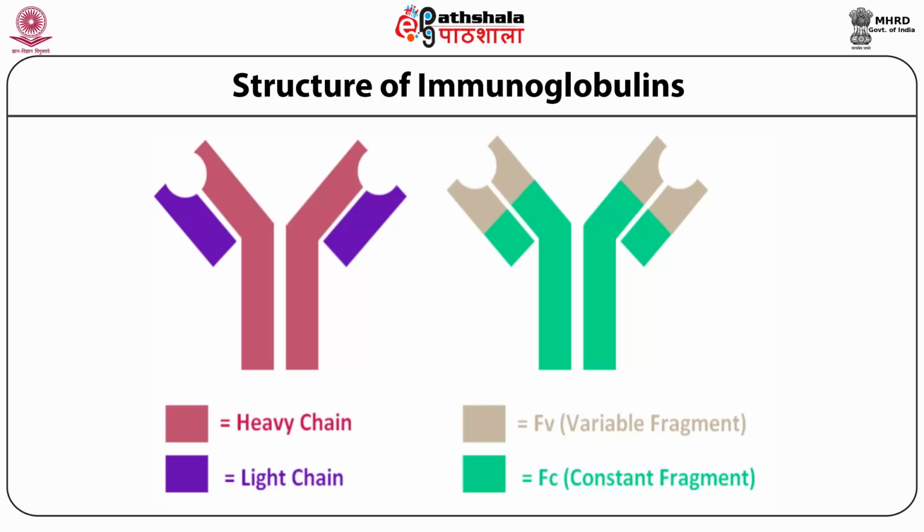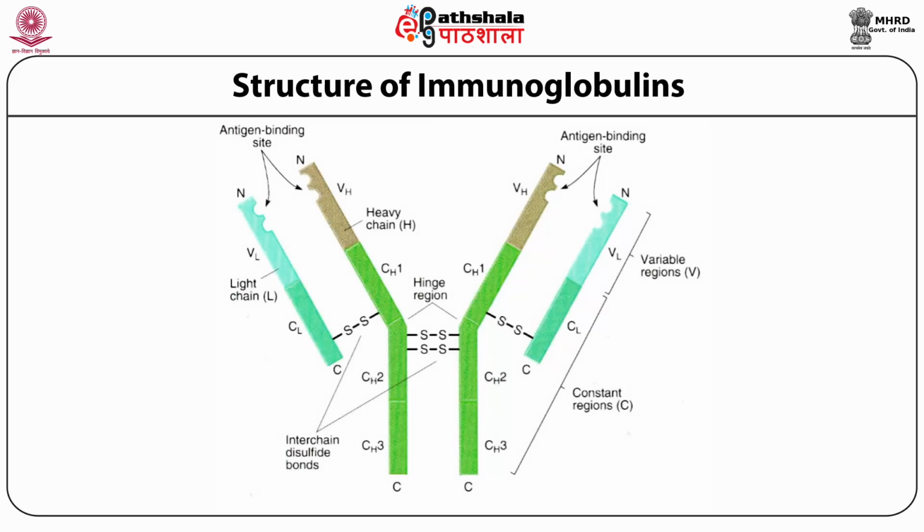All immunoglobulins turned out to have a 4-chain structure of H2L2. This 4-chain structure is in fact the basic structural unit present in all classes of the immunoglobulins. The 2 heavy chains are linked to each other by disulfide bonds, and each heavy chain is linked to a light chain by a disulfide bond.